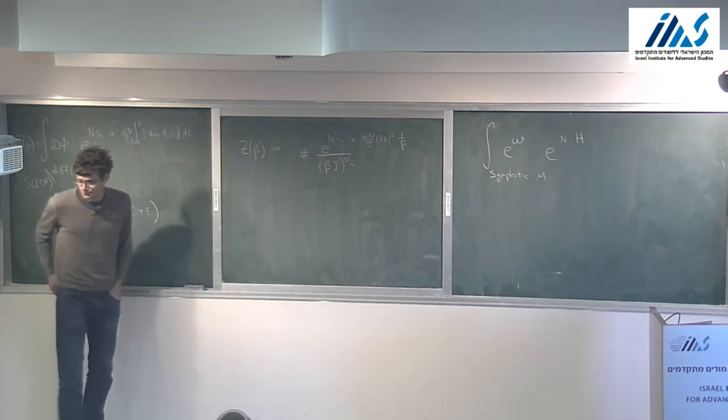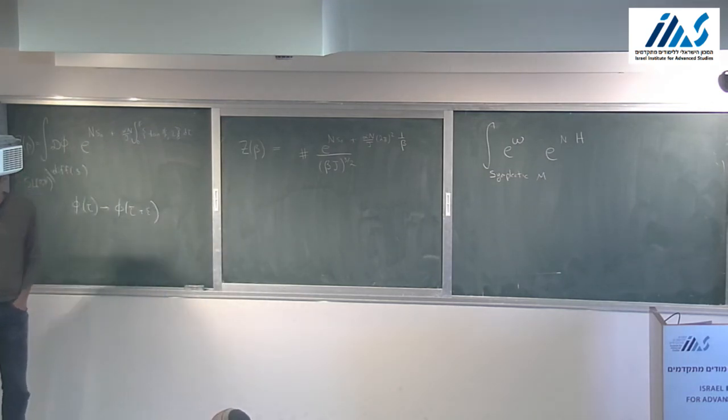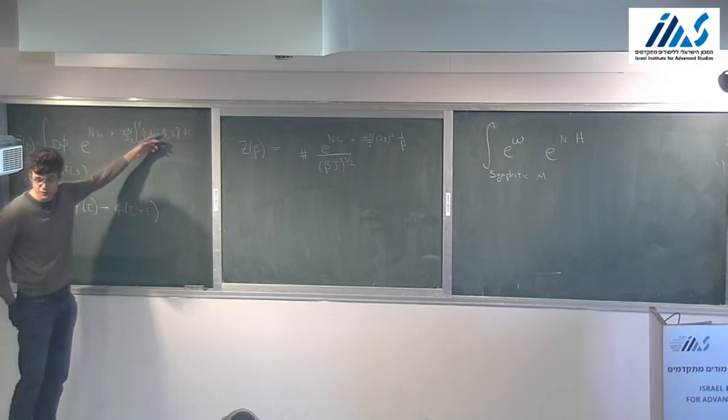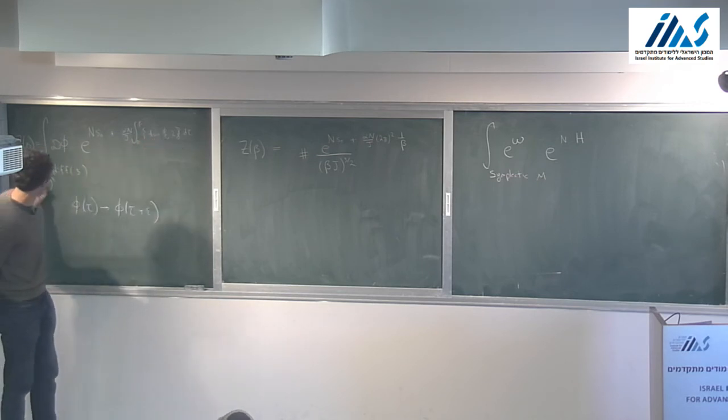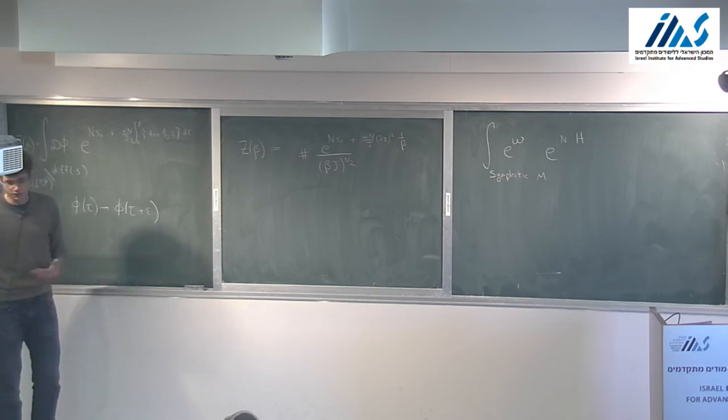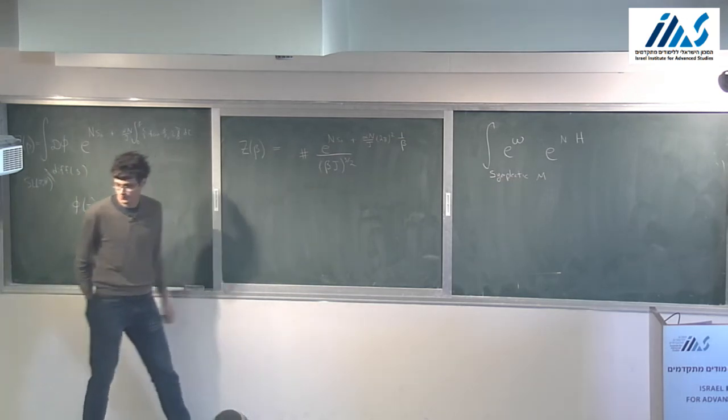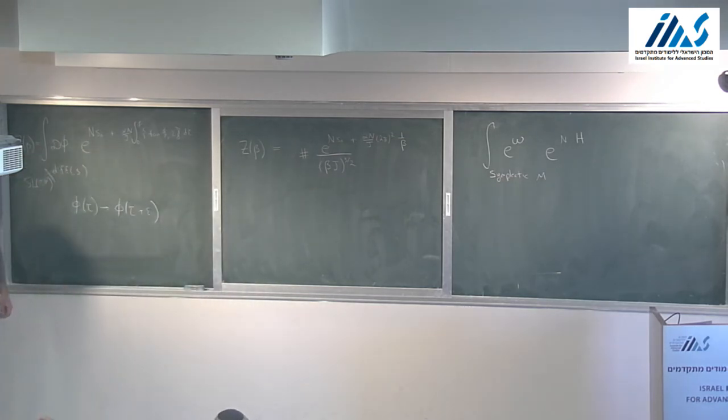In this approach, what are the fixed points? The fixed point is just the saddle point that we discussed before, where phi is constant. There's just one saddle point up to the SL2R, which we're quotienting by, and the fluctuations about it give this factor. Yesterday you alluded to a particle in an electric field, but this time you said magnetic field. Oh, that's sort of a matter of taste.